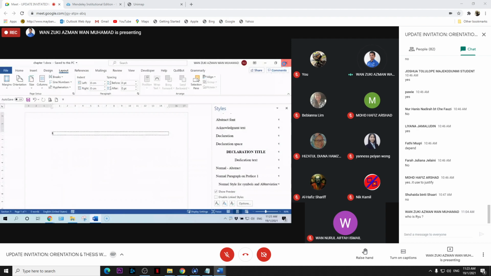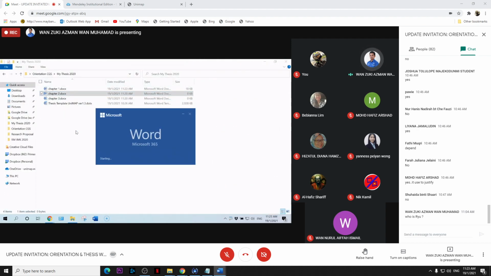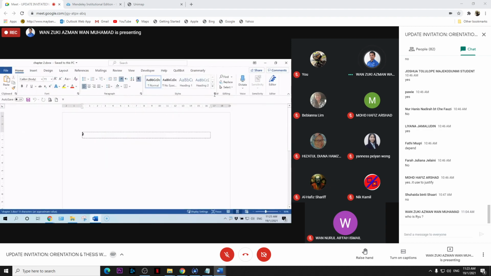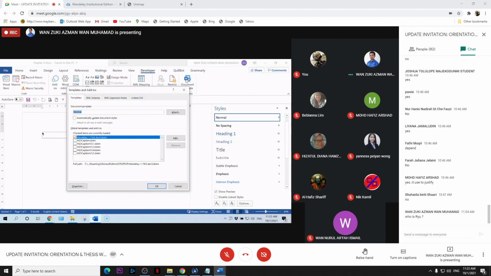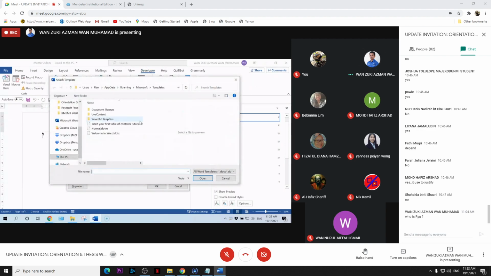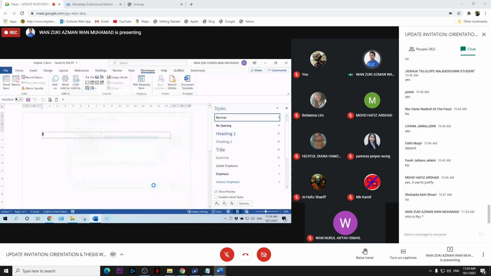Close chapter 1. Now open chapter 2. You repeat the same process. First, we open the style pane, and then developer, document template, attach. Then the thesis template, open, automatically update.